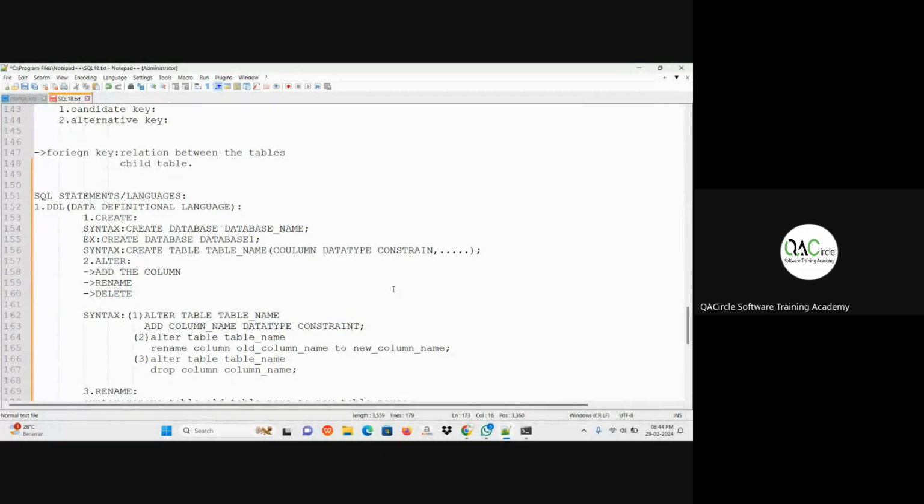Then take down the first point under foreign key constraint. It is used to create a relationship between the 2 tables.